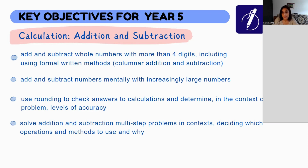Children should be working with numbers with more than 4 digits, so 10,000s, 100,000s. They're working with increasingly larger numbers mentally, and what's most important is they're able to solve multi-step problems in context and decide which operations to choose and why. And children can find that really difficult. Although they have the skill and the computational methods to complete an addition or a subtraction question, what they often find challenging is applying that to a problem-solving context and understanding what the